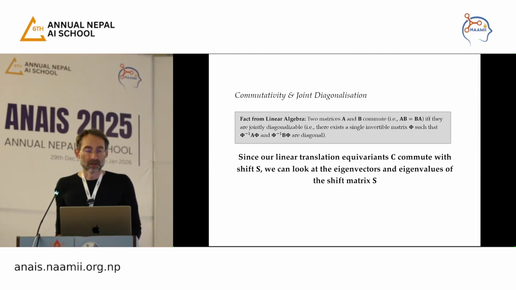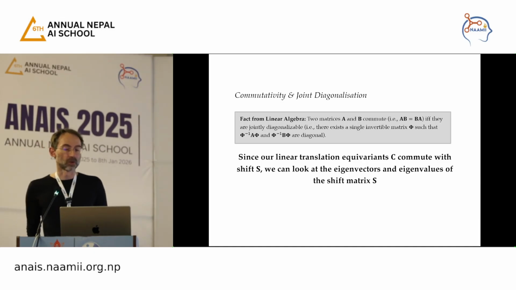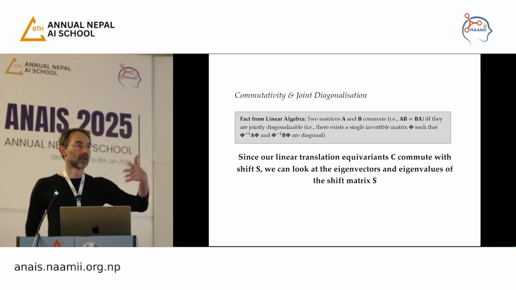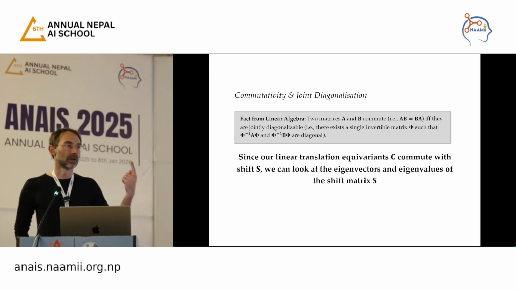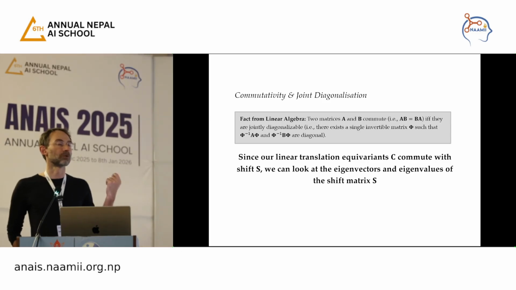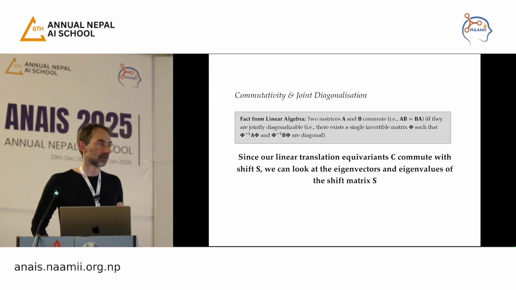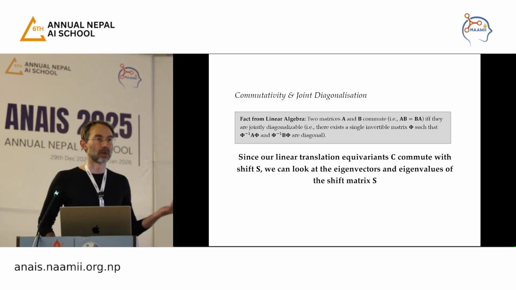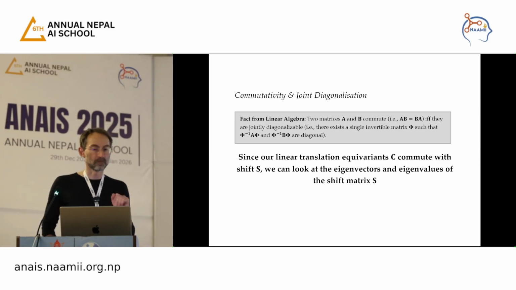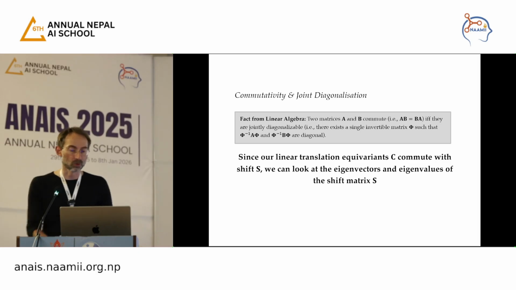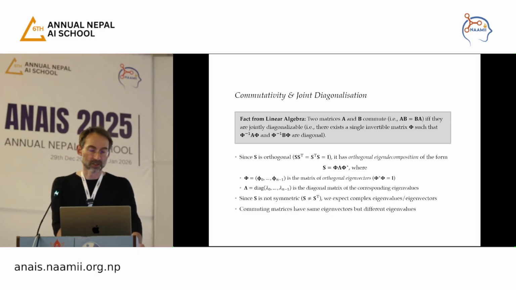Now in our case, we have our convolutions, right? So these matrices with this special structure C, they commute with the shifts, right? So because they all have the same eigenvectors, we can look at the shift operator by one position and compute its eigenvectors by hand, right? And these will be also the eigenvectors of all the convolutions, right? And we'll see surprisingly that this will actually be the discrete Fourier transform, okay? So now what I will try to do is to derive the eigenvectors of the